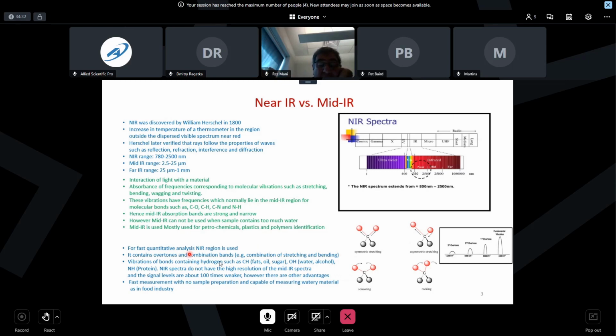However, mid-IR has some issues because you cannot measure watery materials. The water absorption is so strong that it will swamp all the other signals. There are also some other limitations that I'll talk about later. It's mostly just used for petrochemicals and polymer identification. But if you need an instrument which is fast and quantitative, and could be used for quality control, you